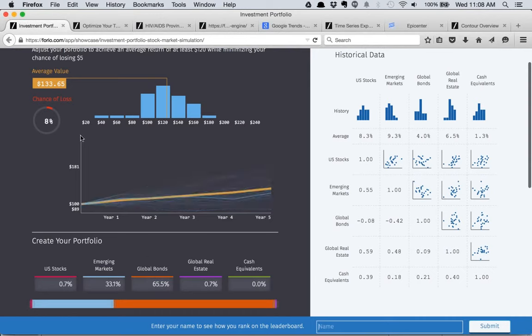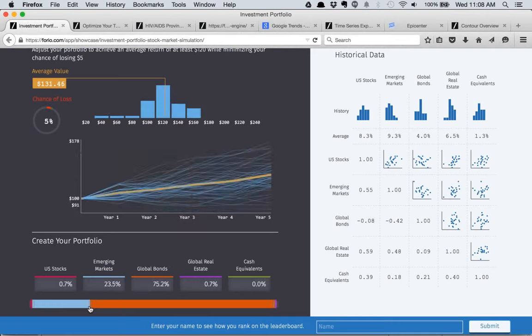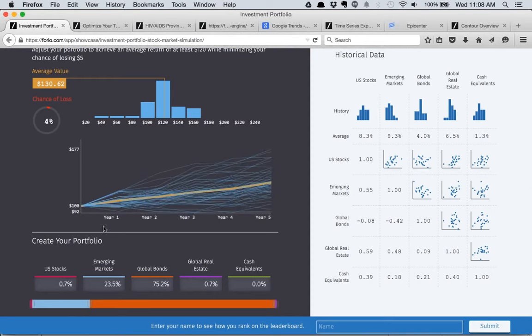Okay, so now we have sort of an interesting split, and we've achieved our outcome, but we have a much higher chance of loss than before. Let me see what I can do to dial that down, and what I can do here is reduce that. And what's actually happening behind the scenes here is there's a run of 1,000 Monte Carlo runs that are generating this